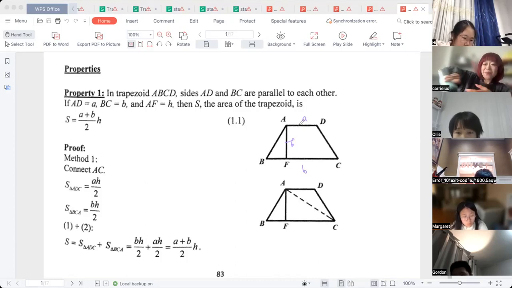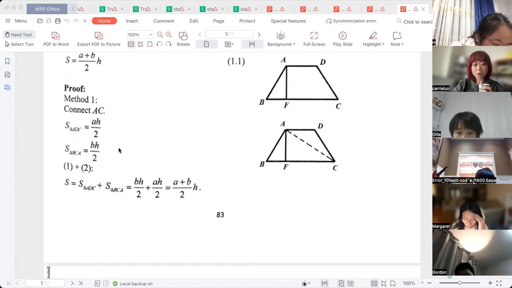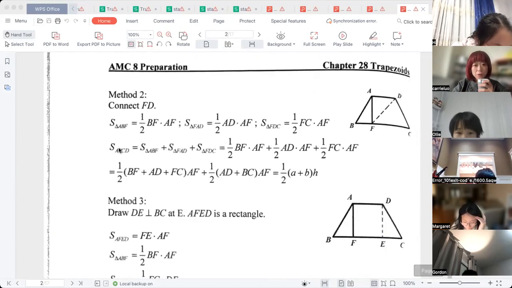So the area is (A plus B) times H divided by 2, right? Okay. We don't have to prove it. We just use them directly, okay? So we also have